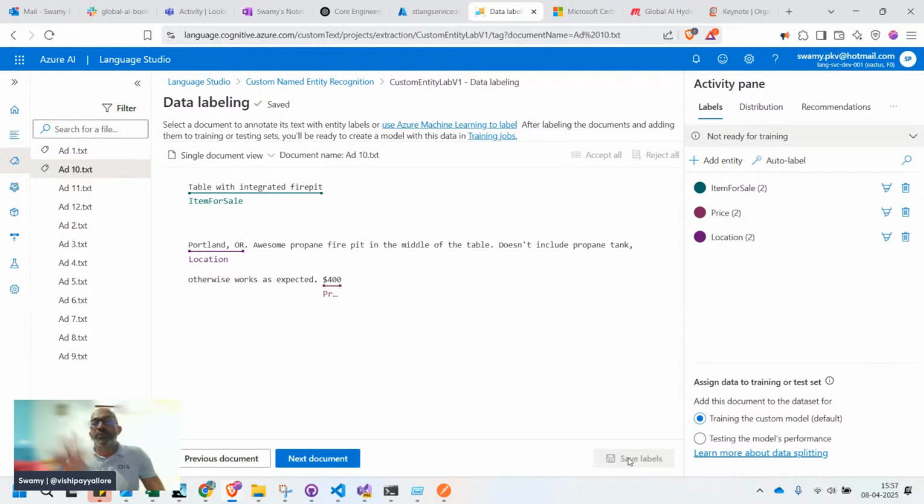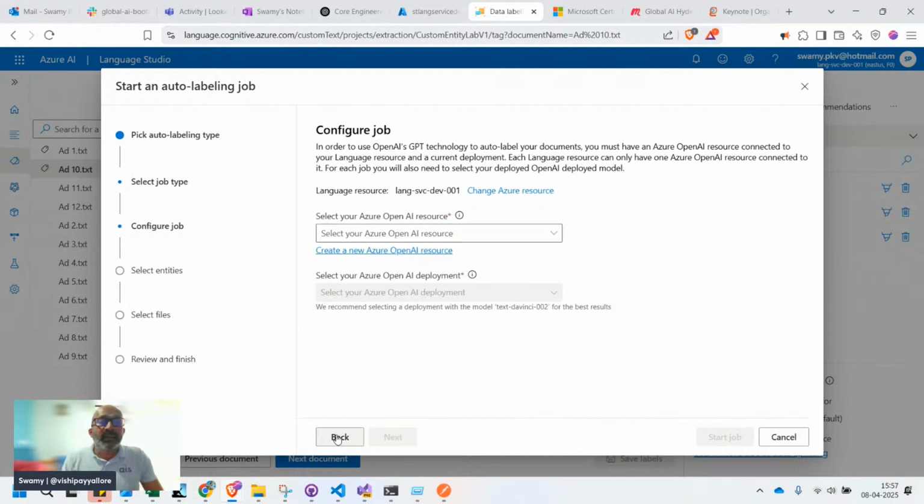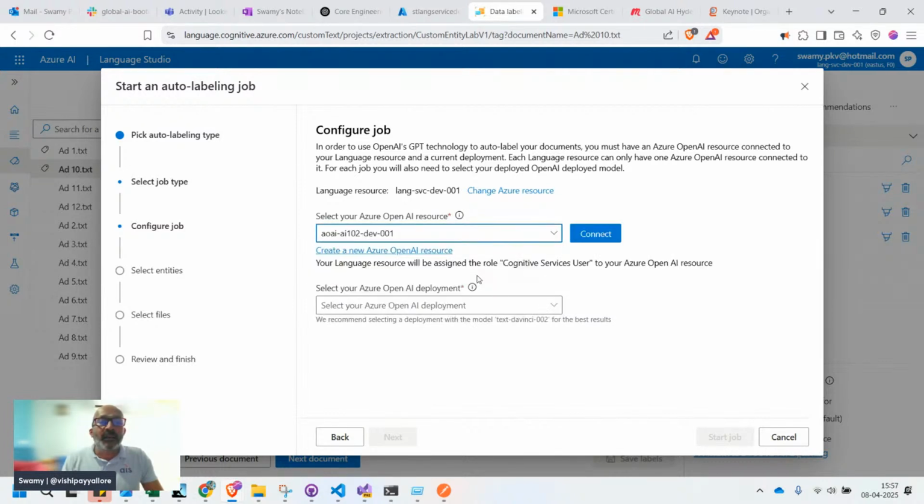We just should know the process. So I added the entity, we uploaded the set of files, and out of this, whichever entities we wanted to identify, we add the entity, and we can do this. Or there's something called auto label. I haven't tried this, but we can try it now. Okay, internally it is using